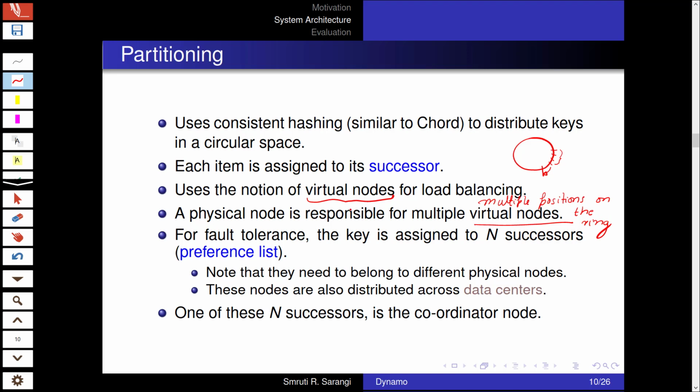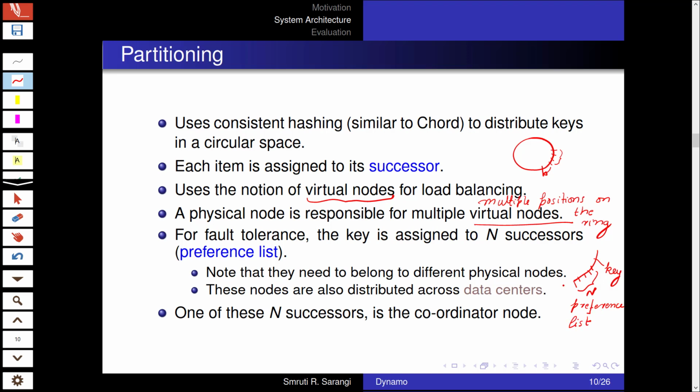So we will see. So fault tolerance: what we do is that the key is assigned to n successors called the preference list. So if this is part of the ring and these are all our successor nodes, and our key is mapping over here, we assign the key to n successors, also known as the preference list.